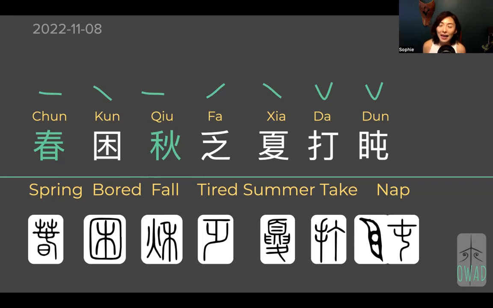It depicts how in different seasons, actually here we have 3 seasons. We skipped dong, which is winter. Now we have spring, fall, and summer. And how people behave, the common feeling throughout the 3 seasons, is depicted here. So in the springtime, it's bored. Okay, I translate it as bored. It could also be tired, like low energy, in springtime.